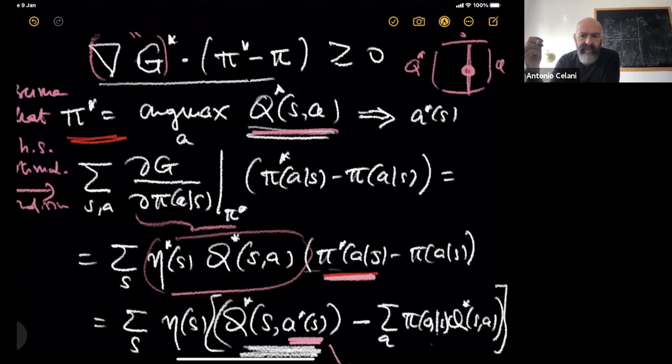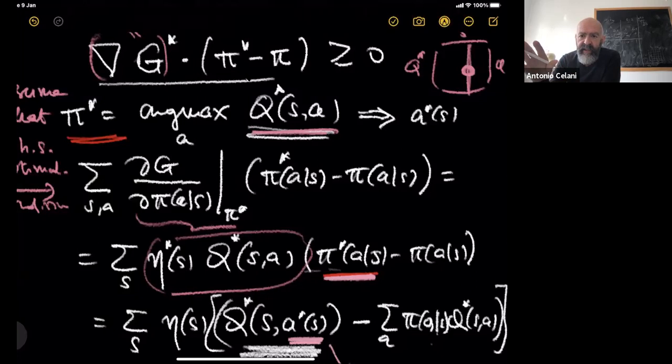Still confused? Okay, so what I suggest is that you do the exercise with the two-state, two-action problem, and you compute explicitly all these things because everything is computable. There are closed expressions that you can write down with Mathematica or whatever, and you can check all these properties explicitly, and write down your Q's, your etas. I think it's a useful exercise. At this level, it's very mathematical. I realize this last step